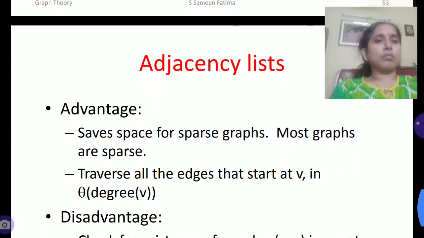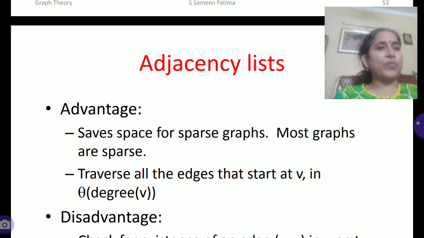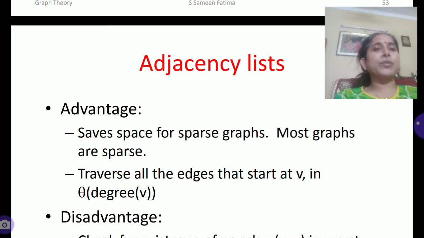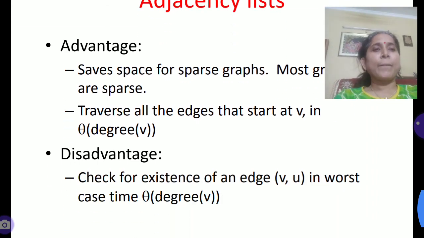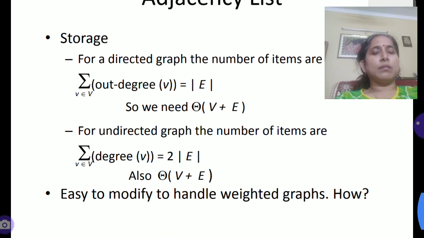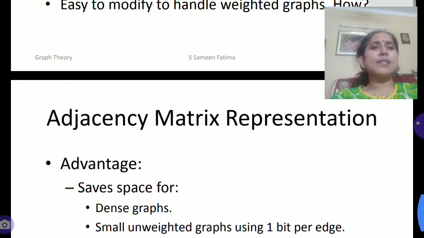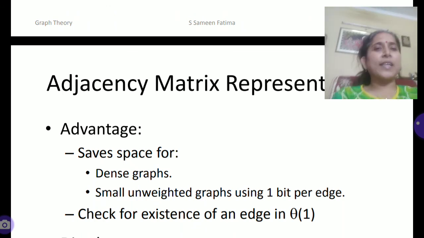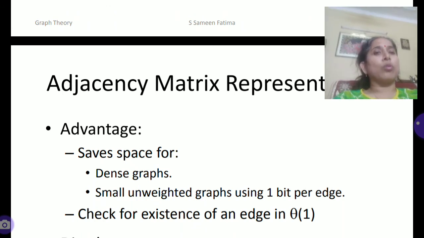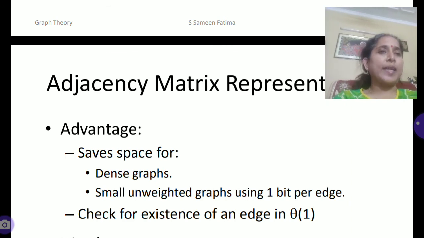So what is the advantage of the adjacency list? It saves space for sparse graphs. Most graphs are sparse, hence it is better to use an adjacency list over an adjacency matrix. And these are some technicals. Then the advantage of the adjacency matrix is that it saves space for dense graphs. So if our graph is dense we will make a matrix instead of a list, and if our graph is sparse,